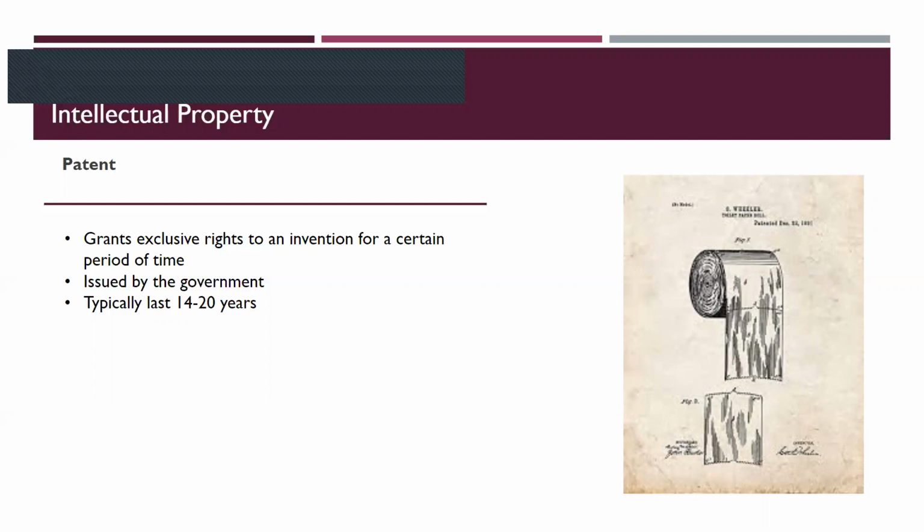Think about it if the patent for a car had never run out. There wouldn't be a competition. The first person to invent a car would be the only person allowed to make a car. And so when the patent runs out, you see all these knockoff companies making the product. It just allows people to continue innovating on the product once it's no longer protected by the government to only be made by one person.